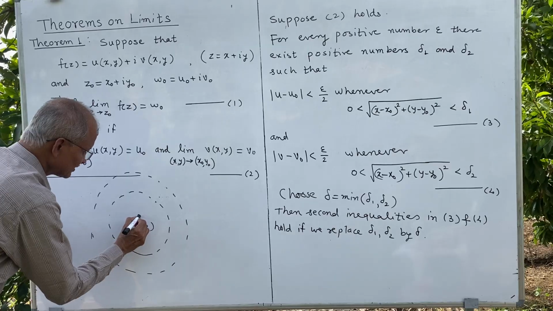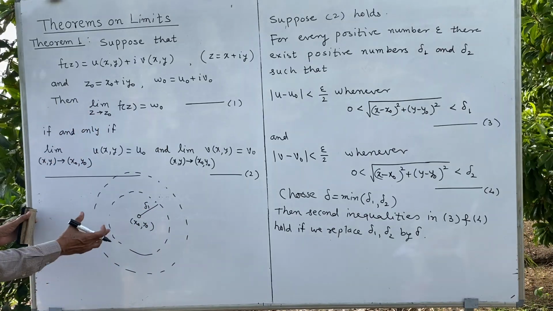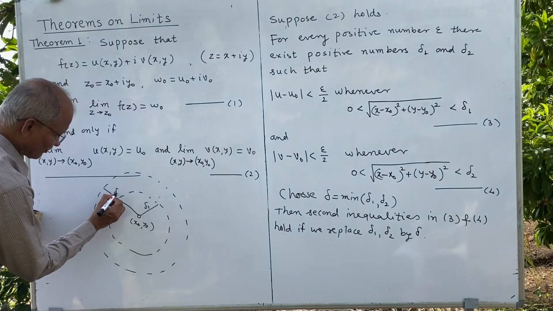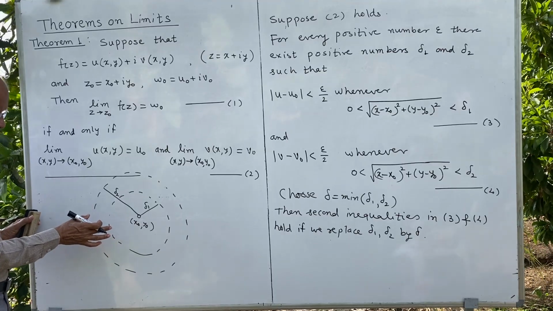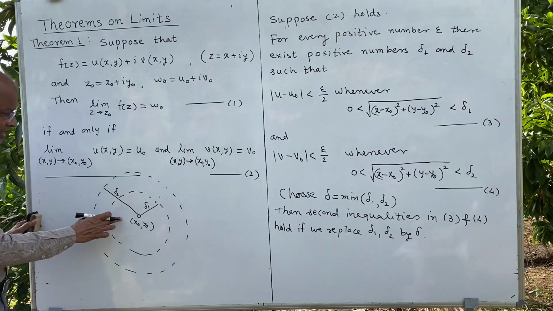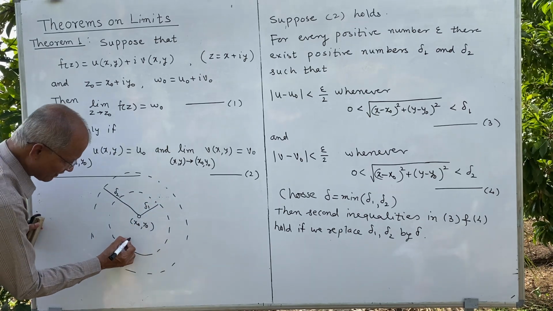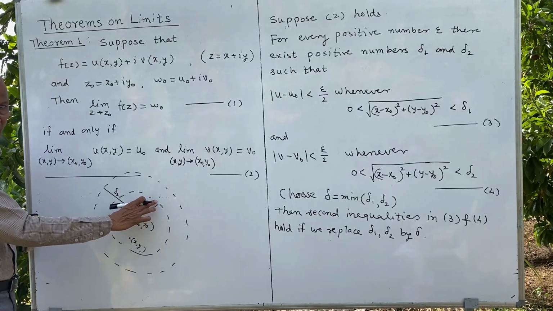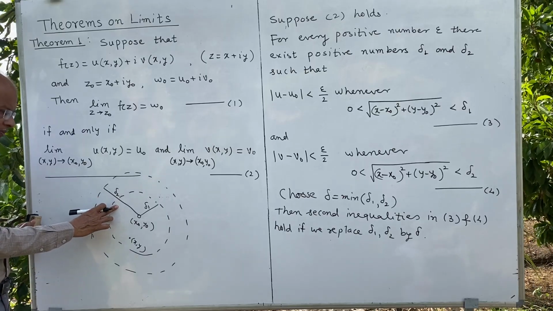See, this distance is delta 1 for example we are considering, and vice versa may happen, whatever may be, this may be delta 2, this may be delta 1, and what we will have is, if we consider the minimum of this, here what is minimum, delta 1, and if the point x comma y